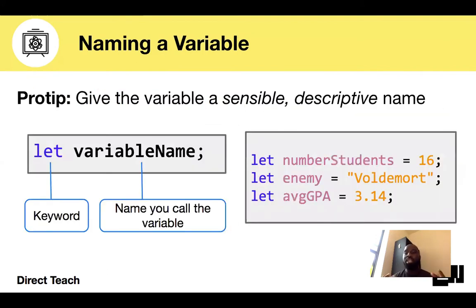Once you make the box, you have to give the box a name, and it won't work unless you do both of those things, all right? So we declare the variable using the keyword let, and then we give the variable a name, right? So you want to give the variable a sensible, descriptive name. So when somebody's looking at your code, they know exactly what that variable is supposed to hold or do, right? So here are some examples right here,